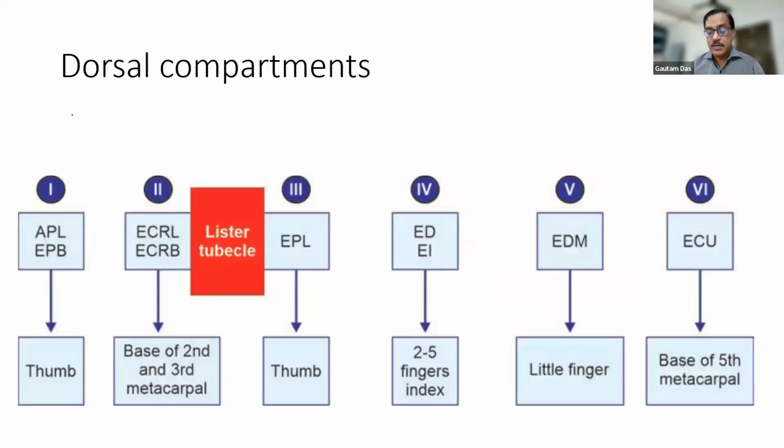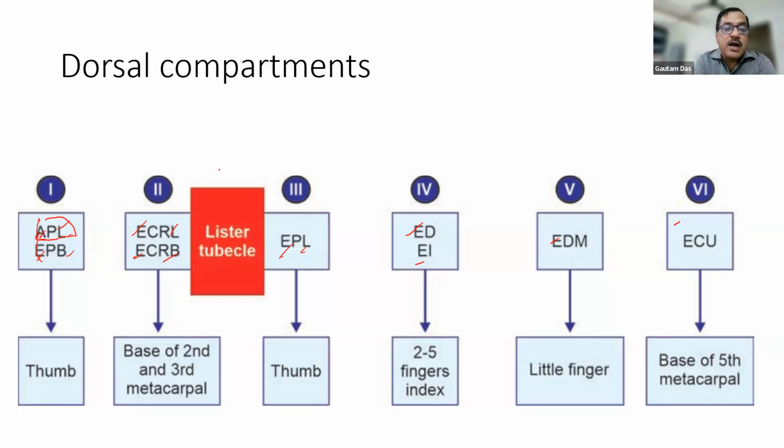Extensor compartments, very important to remember, it starts from the A and L. A means abductor and longus. And again, longus, brevis, longus, brevis, longus. So this is the way to remember. It starts with A, and then all are E. First one is A, and then everything starts with extensor, extensor, extensor. So the first compartment is abductor pollicis longus, extensor pollicis brevis. Second compartment is extensor carpi radialis longus, extensor carpi radialis brevis,